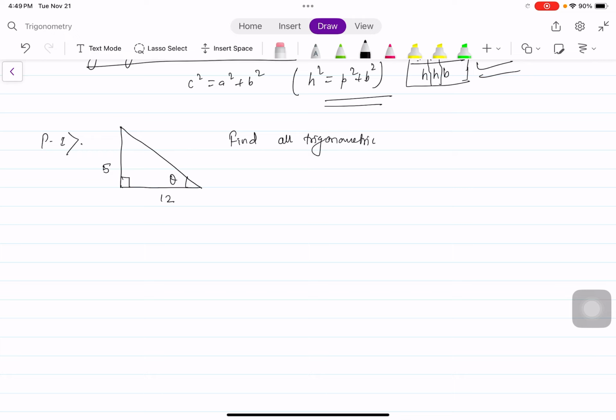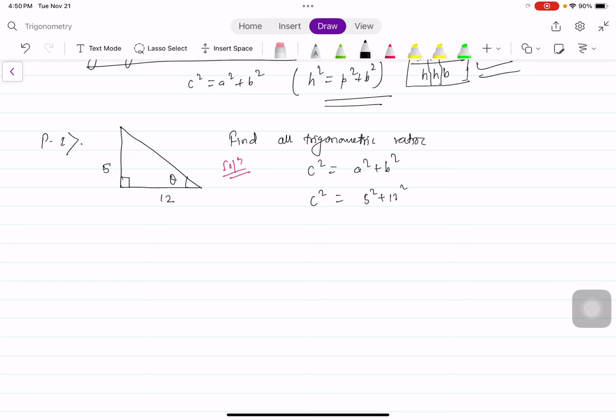Trigonometric ratios. So how to solve this? To solve this, we will require all three sides. Do we have all three sides? No. So first we will use the Pythagorean theorem. By the Pythagorean theorem, we can find C, which is